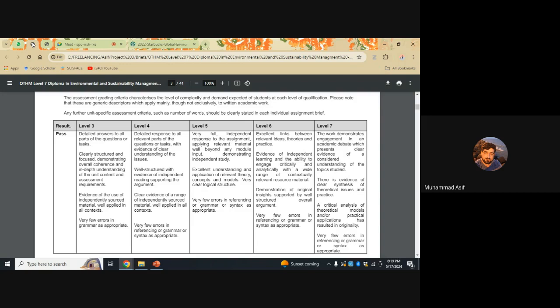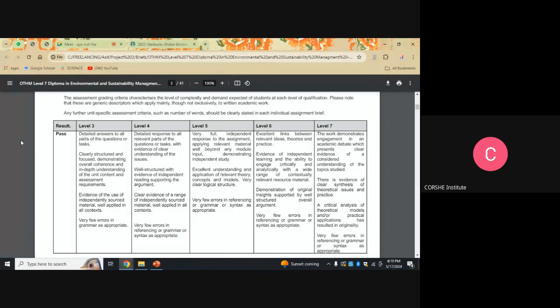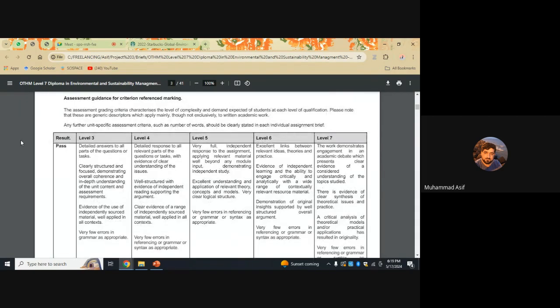Yes, for example, you are saying level 2, level 3, level 4. So let's say we are composing our report and we fall under the level 7 category. What impact will be imposed on our certification? What is the benefit of those levels? Actually, if you meet the passing criteria,